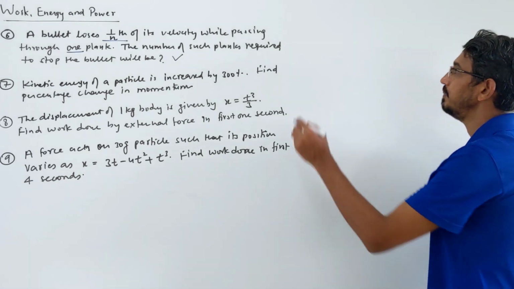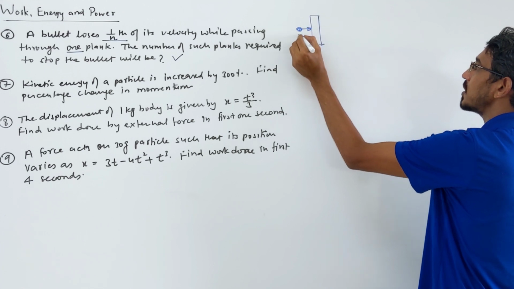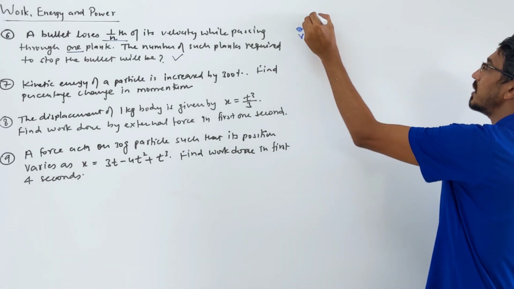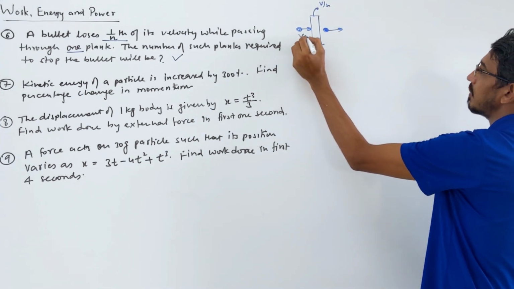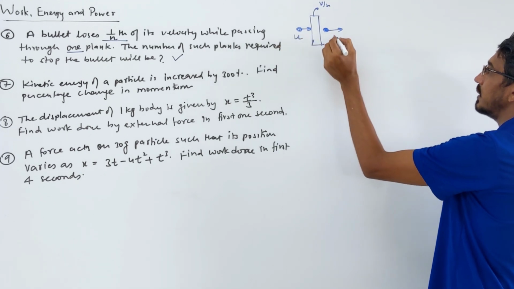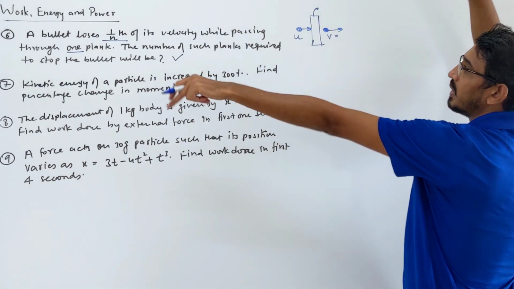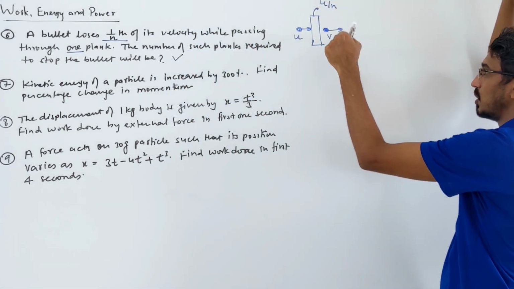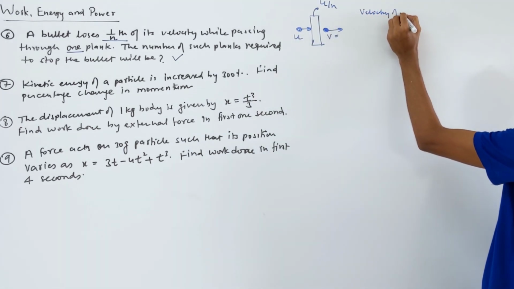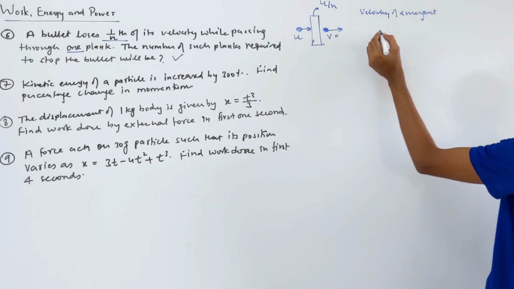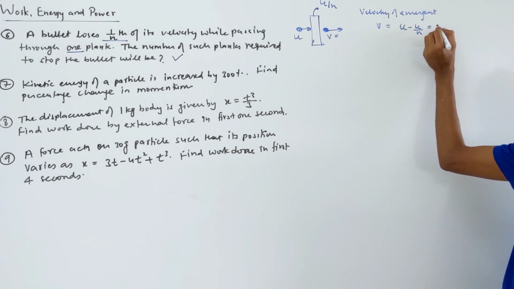Look here, suppose this is your one plank and the bullet is entering here with velocity v, correct? Then it is said how much is lost here? V by n is lost. So at what velocity does it come out? Let me call the initial velocity u. They said u by n is lost, 1 by nth is lost. So I am writing the velocity of emergent, at what velocity it comes out, that will be v, simply the initial velocity u and how much loss? U by n, correct?